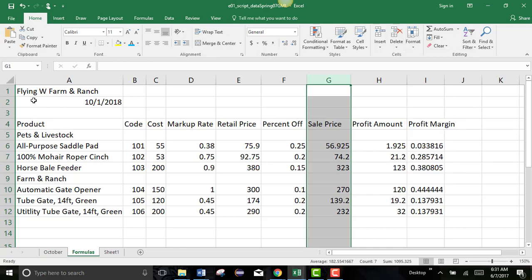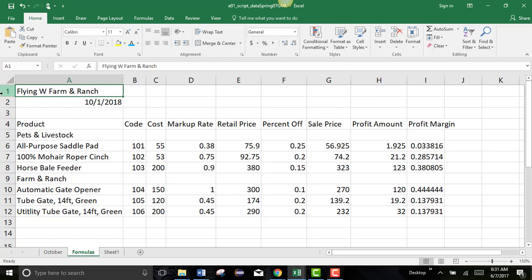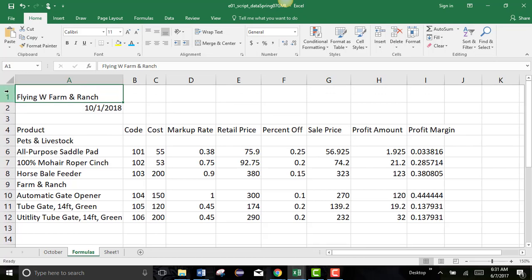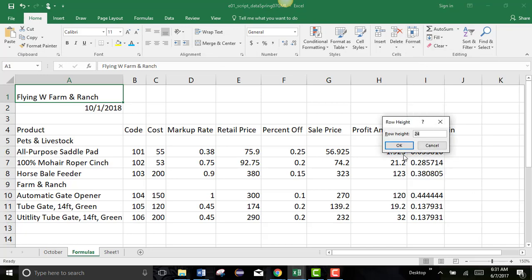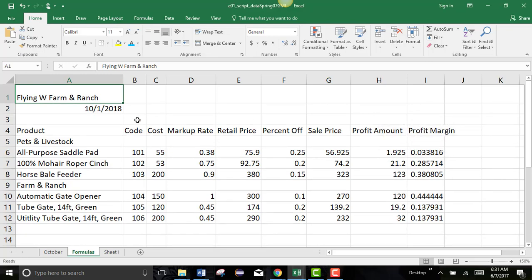Okay. And we can do the same thing with our row. For our row, we go beneath the row. For the column, we went to the right of it, right? For the row, we go beneath it. So if I wanted to make this a little thicker, I'm going to go between 1 and 2, and I can just pull it out and make it a little bit wider, okay? Or if I was sitting on the row, I could go here and do Format Row Height, and I could plug in whatever number I want it to be. Let's say I want it to be 25, and I can see that it would grow to be a size of 25,